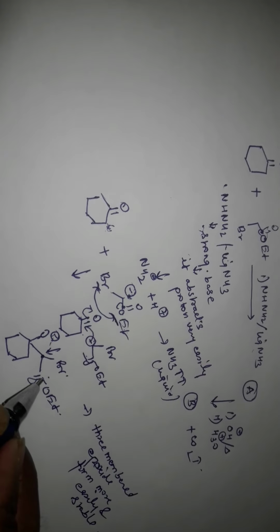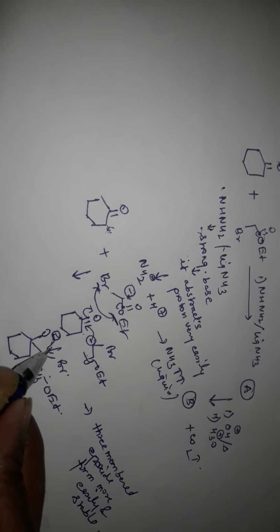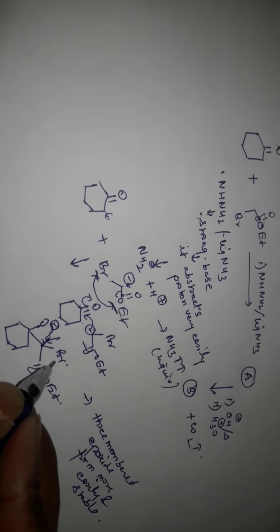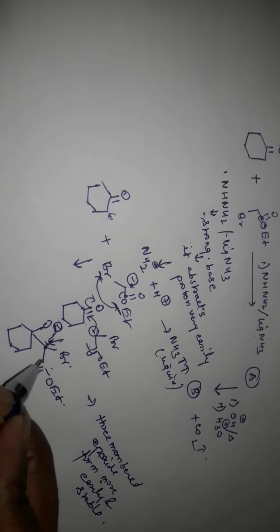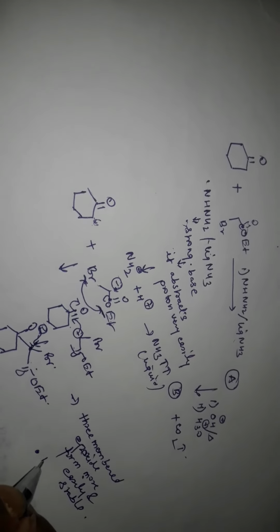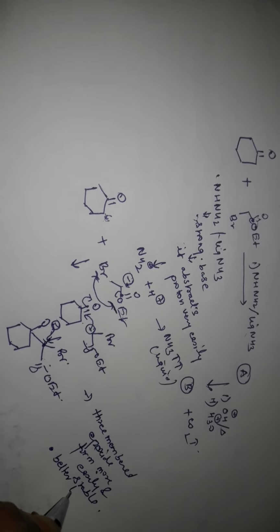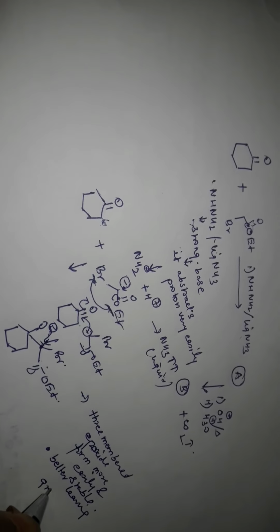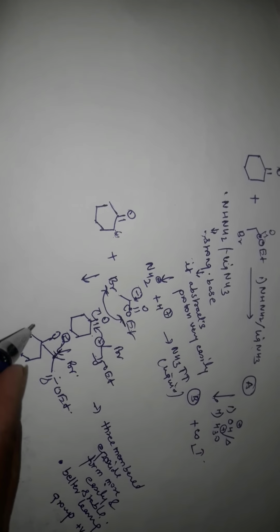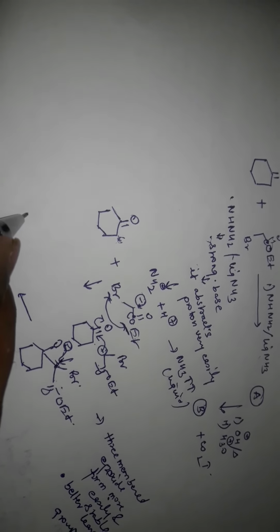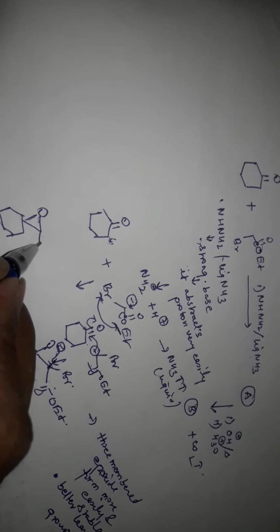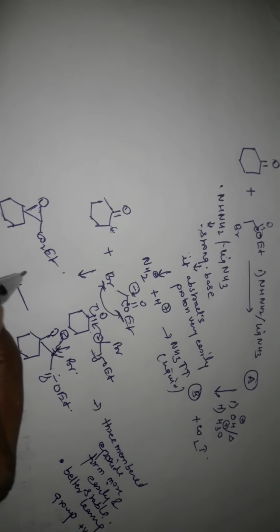and in this, it will attack on this carbon, sorry. So bromine is here as the leaving group, and if you see, the nearest three membered ring is formed here, where the leaving group is present, meaning a better leaving group is present. Okay, so that's why it will attack here, and a three membered epoxide ring will be formed. Okay, so it is your A product.